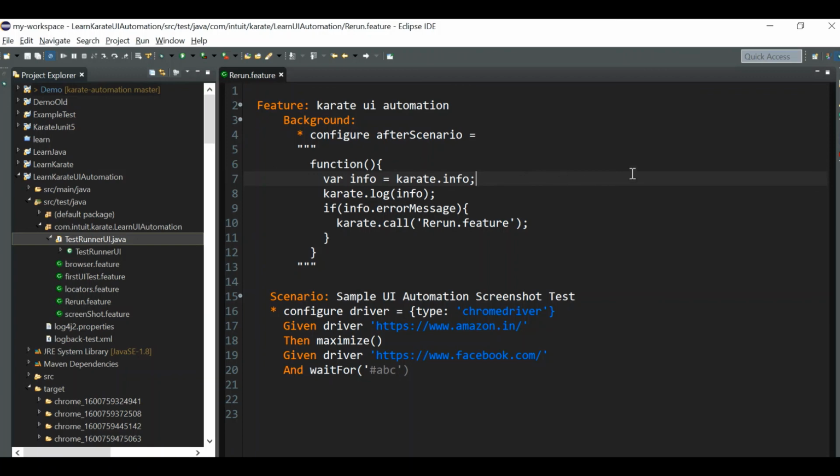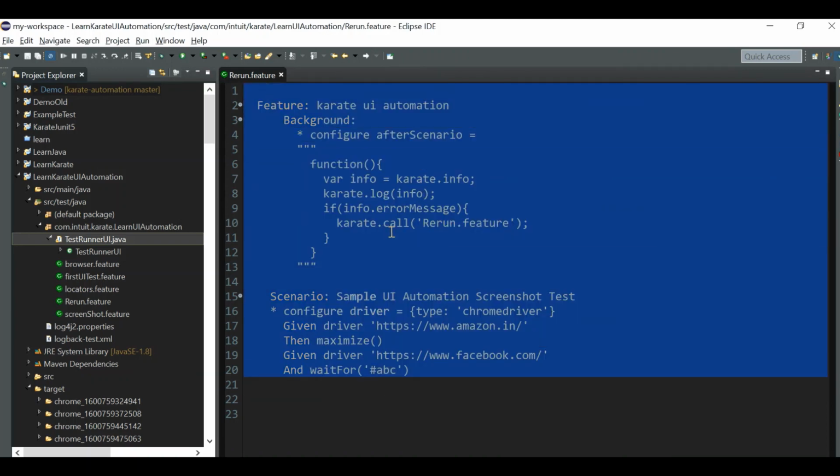So to get any field from there, you can just put a dot after it and then the field name. That's how we have taken info dot error message here. And not only the same feature file, whatever feature is available in your project, you can call that feature if you want to run it on the test failure.